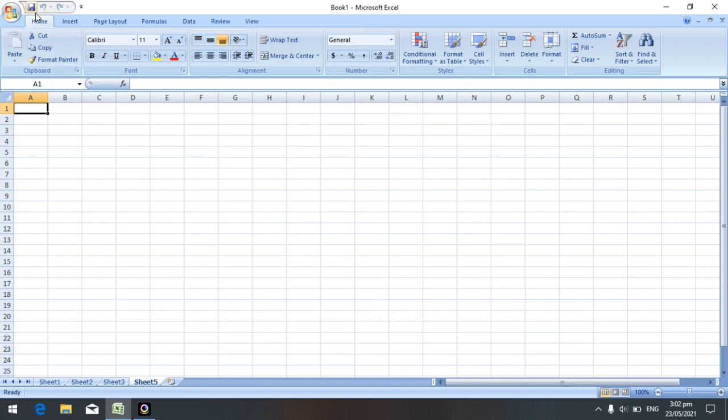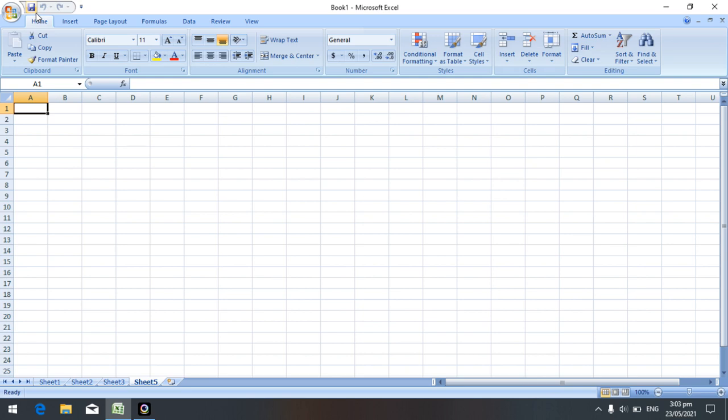Next one is the quick access toolbar. What is the use of the quick access toolbar? It is used to add the commands which we use recently. If I want to use an option again and again, at that time you can use the quick access toolbar. It allows us to add different features to the toolbar. It is located immediately after the MS Office button.